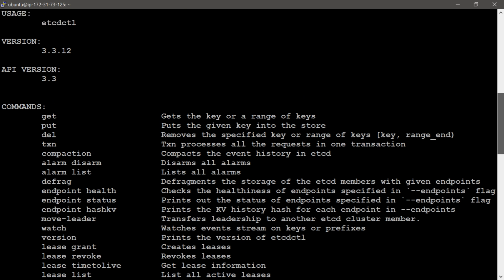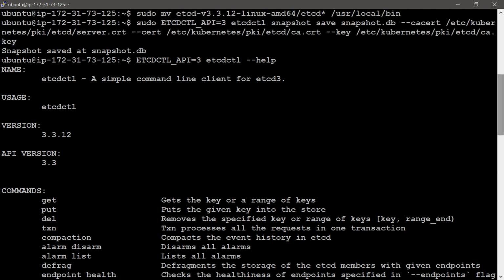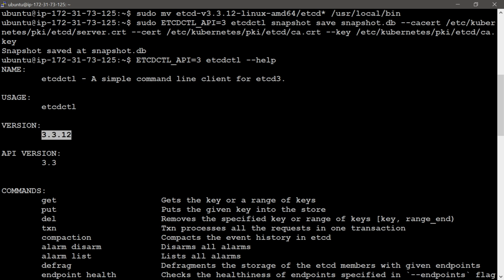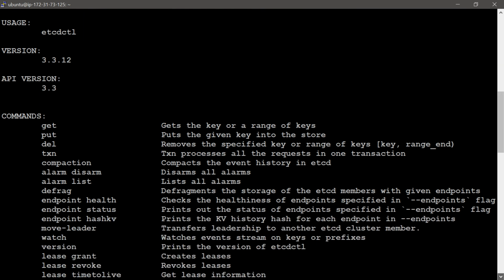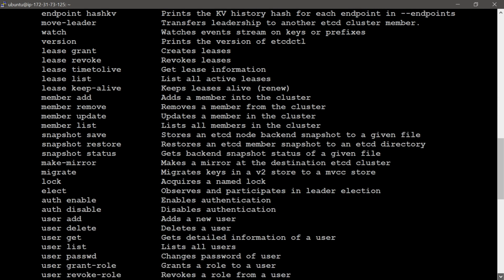API version 3.3. Name: etcdctl, a simple command line client for etcd. It uses the etcdctl version I provided in the binaries command. API version 3.3. Then these are all the commands we can use. You can read through all those commands.